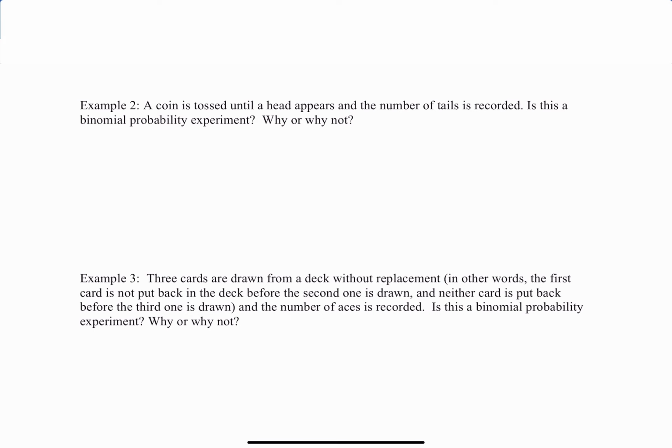Now in this example, the experiment is to just toss a coin until a head appears. And every time you do that, it'll take a different number of trials to get to your first head. So right away, we're seeing a problem here, a reason this cannot be binomial. So we'll say no,